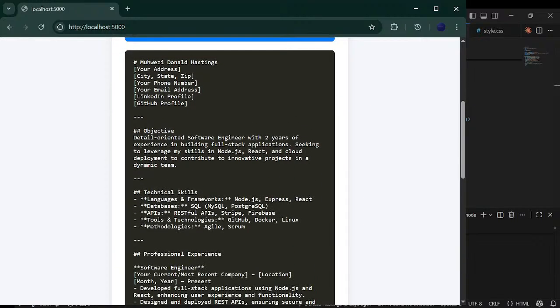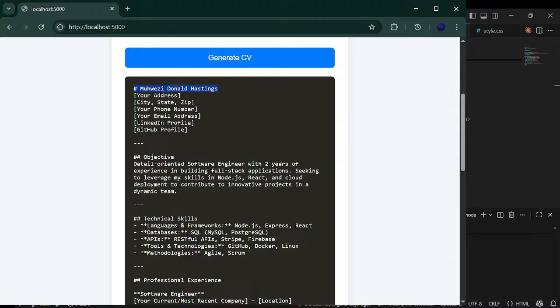our AI CV generator has returned for us. Like I said, it got my name. As you can see, it has added some more information, placeholders, because I understand CVs require more information than just your name and experience. So it has added the address. These are placeholders. So when we copy this text,